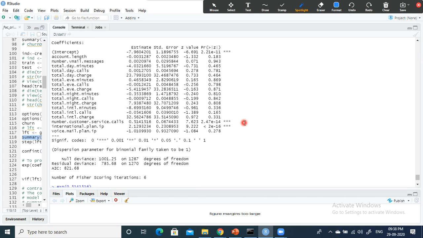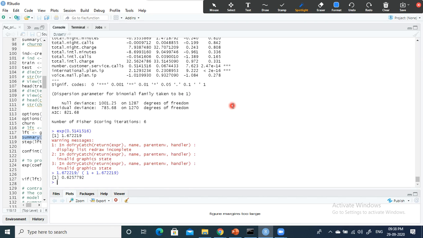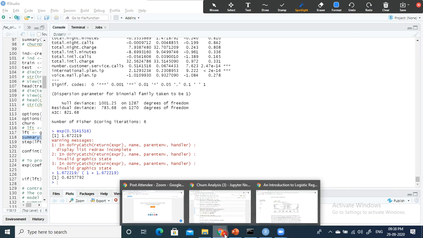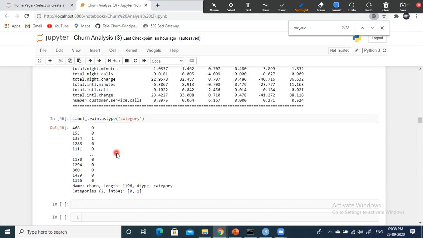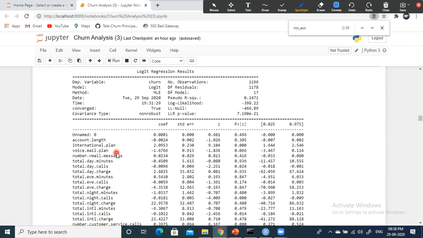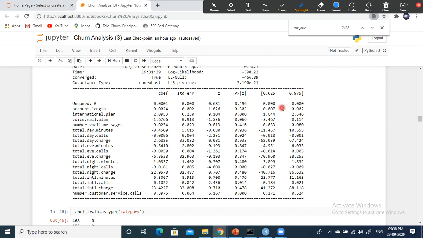So the next one is the p-value, same as this. Look here, of all these variables, forget about the intercept, look at customer service calls and international plan. Only these two columns are helpful in predicting customer churn. The rest of the columns are not helpful. Very easy, right? Even though here in Python, when I used statsmodels, it shows everything, but you need to look at it manually.